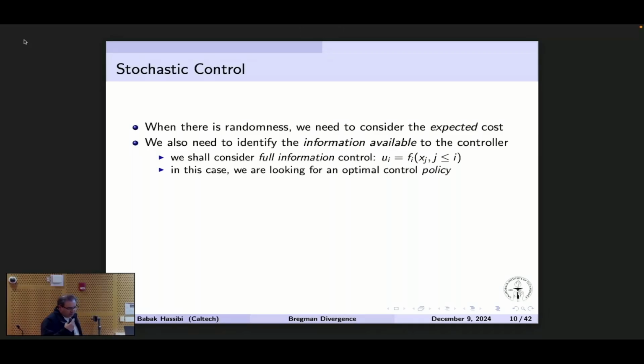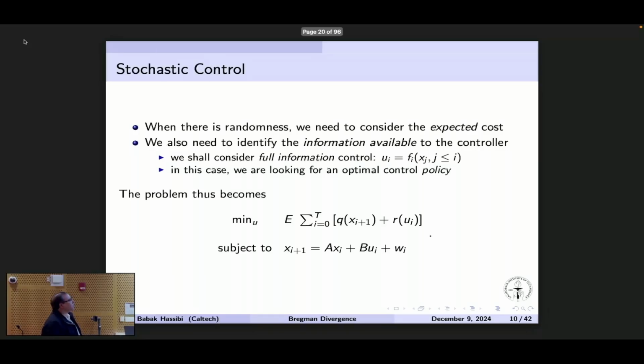So when you think of this kind of setting, the optimal control is not really a signal, it's really a policy. Based on my observations, it's really these collections of functions f that determine the control. So I'm looking for a policy now. If I just want to write it up, this is the optimization problem that we want to solve. We still have the constraints. There's noise here now. And I'm looking at minimizing over this policy the expected value of, say, this convex cost.